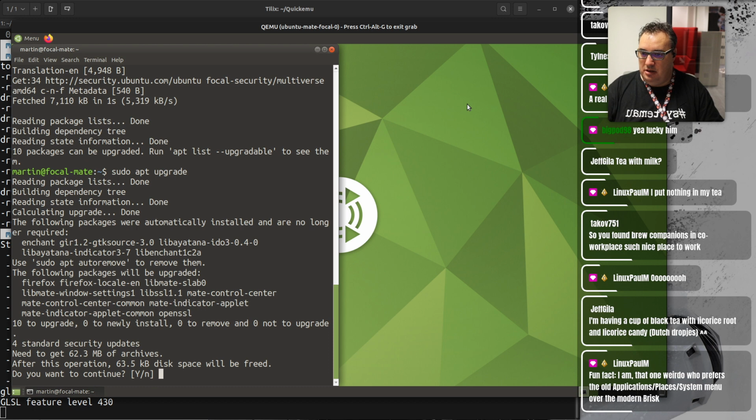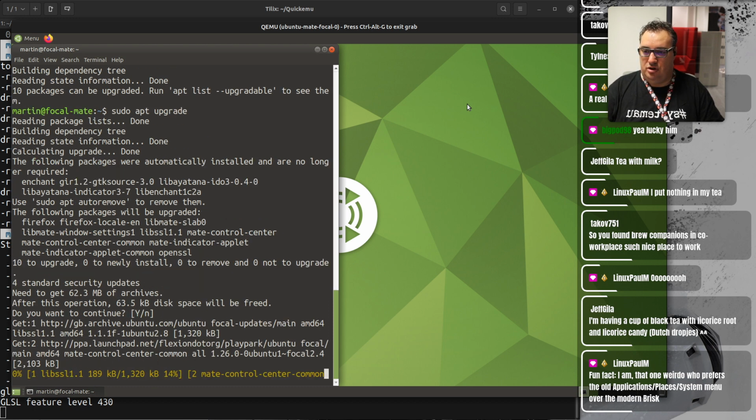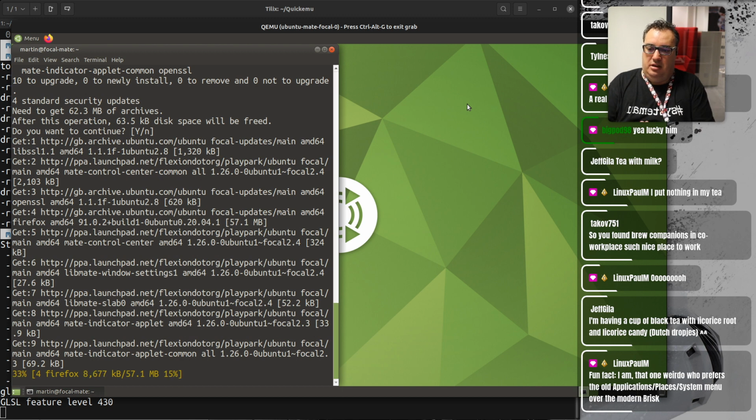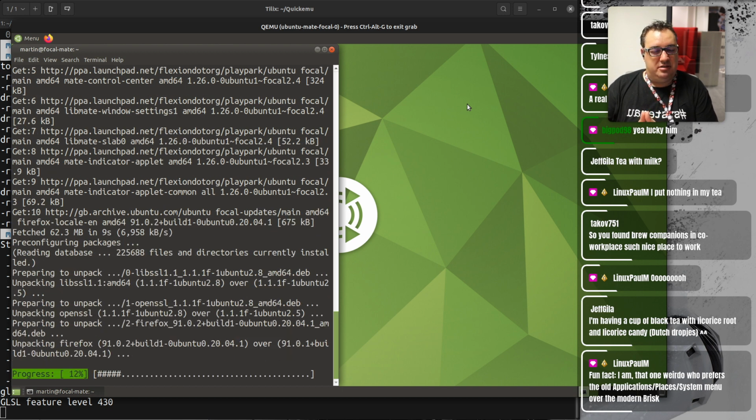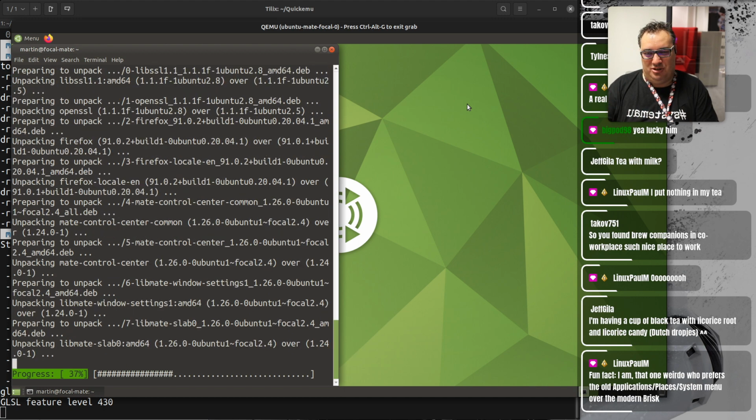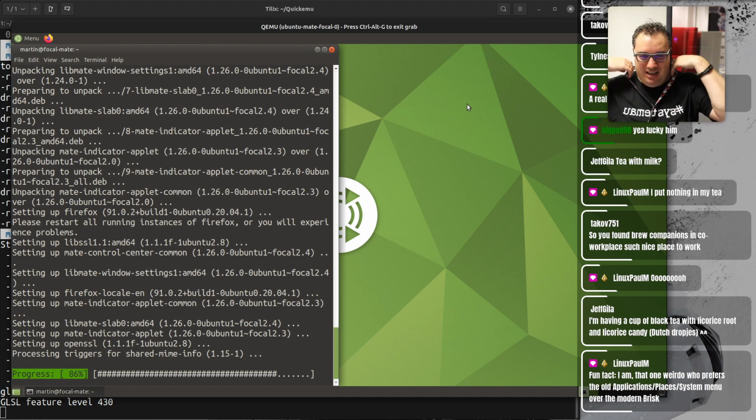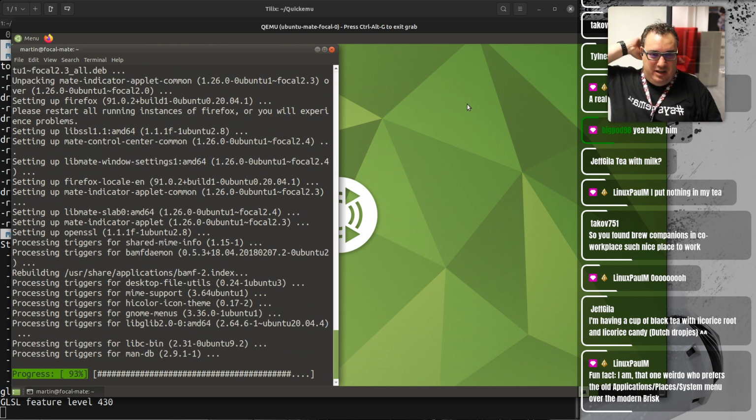There we go. We can see things like the indicator applet in there and the control panel, which is where I had to do some fixing of backporting glibc methods and what have you. So hopefully if I do these upgrades and restart, the indicator should come back and work properly again. So it says here,